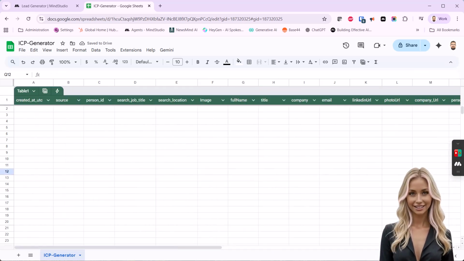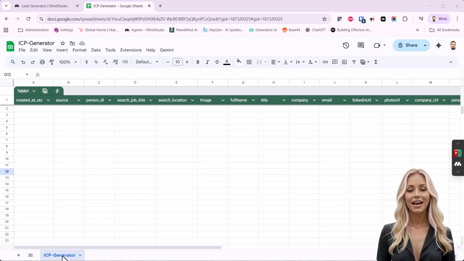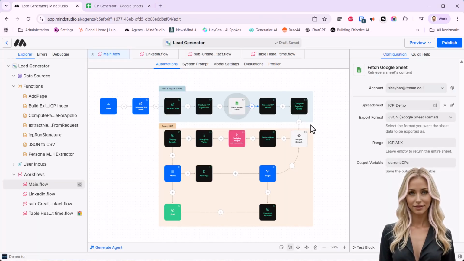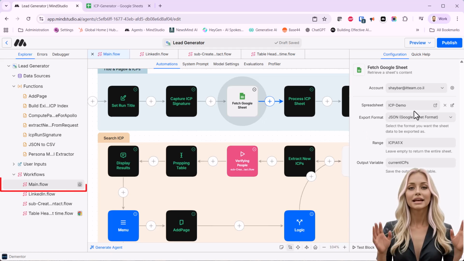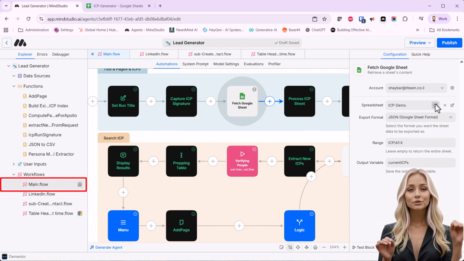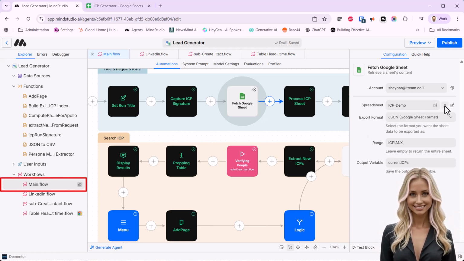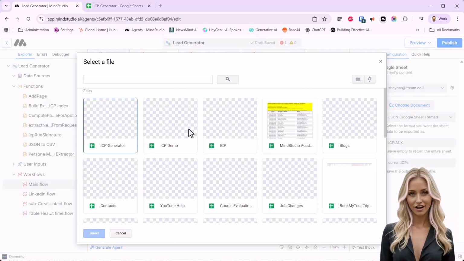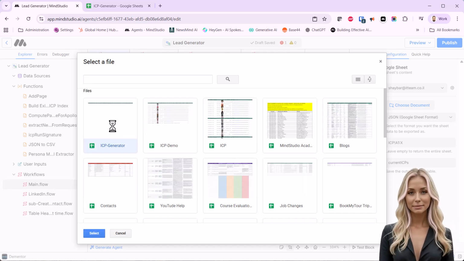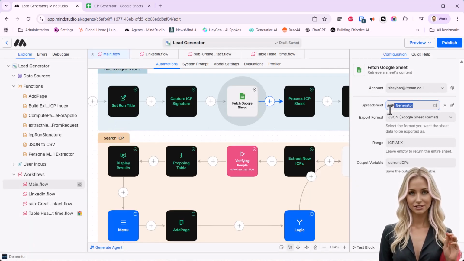Okay, cool, done. Next step, before we can use it, I'll head back to MindStudio and point the new Google Sheet. First configuration is to the block Fetch Google Sheet in the main workflow. I'll remove the previous spreadsheet by pressing on X. Now, I'll press Choose Document. It will open my Google environment. Let's choose ICP Generator, and we'll also put this in range because this is also the name of the tab